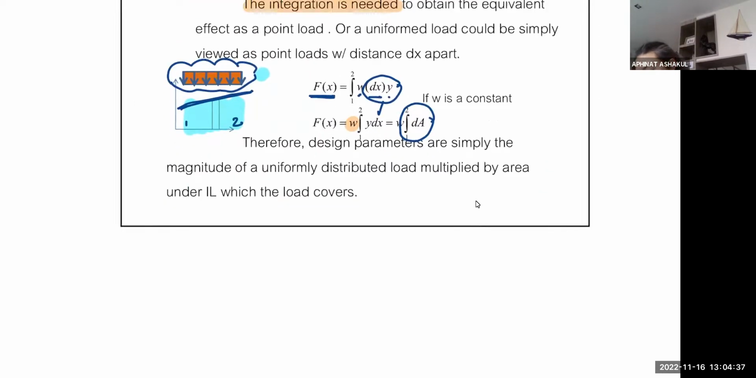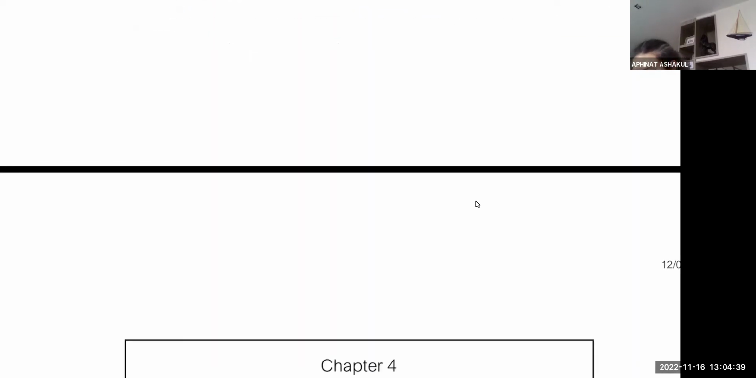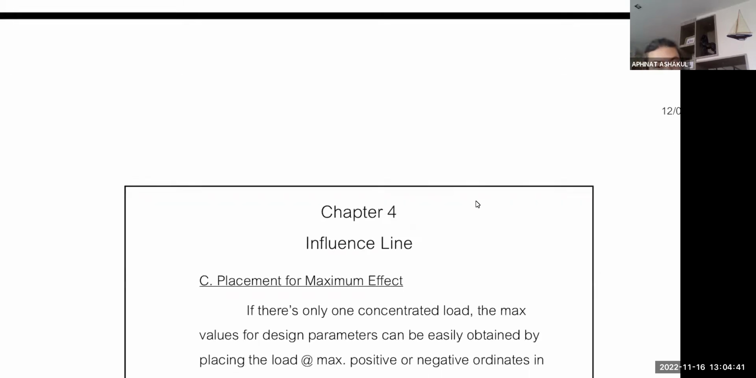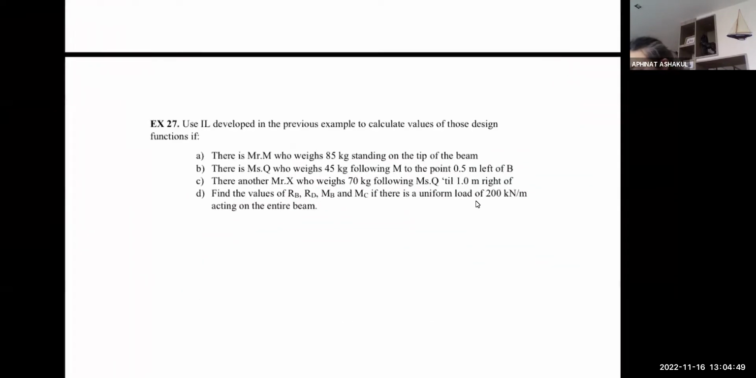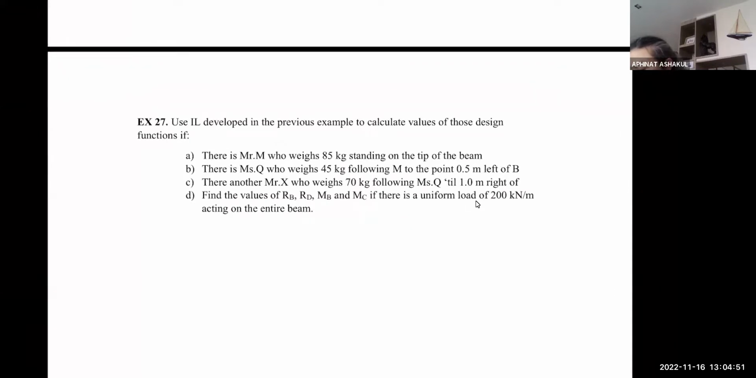Okay. So that's it. Now we can go back. We have the next one, the placement for the maximum effect, but that will be done next week. So let us go back to here. We are going to use the influence line developed in the previous example to calculate the values of these design functions. Okay. So let's say if